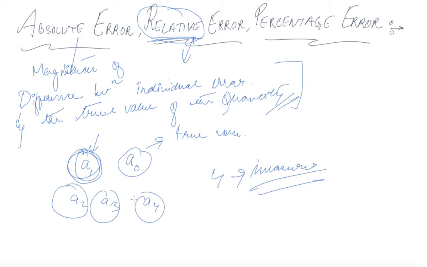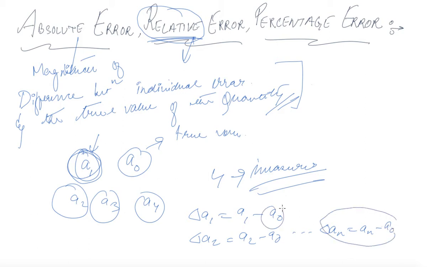A4. So when you talk about absolute error, the absolute error for A1 is A1 minus A0. Absolute error for A2 is A2 minus A0 and so on. Therefore for n different measurements, the absolute error is An equals An minus A0, where A0 is the actual value,